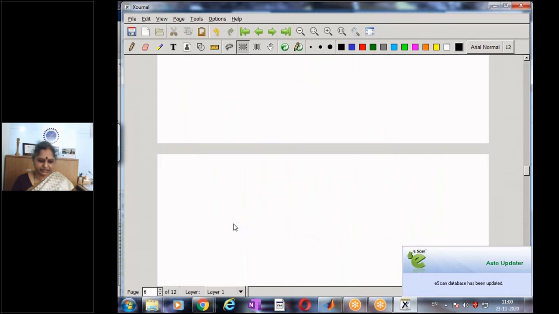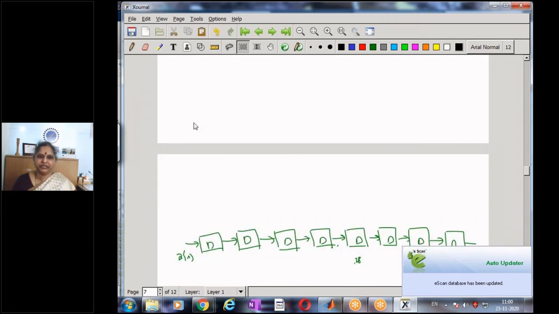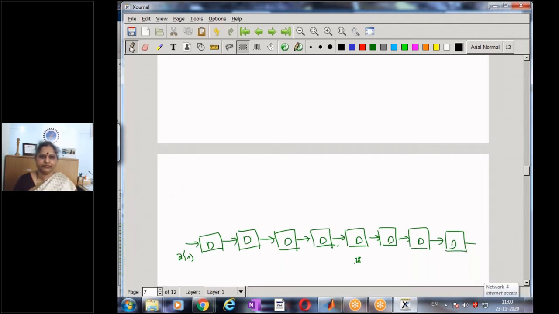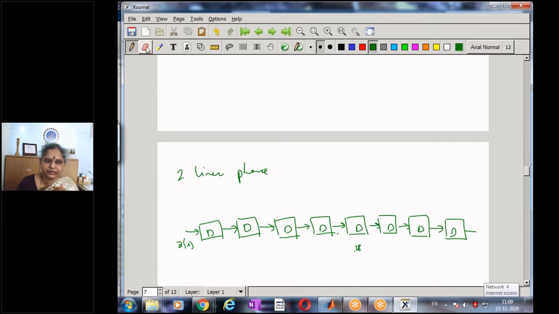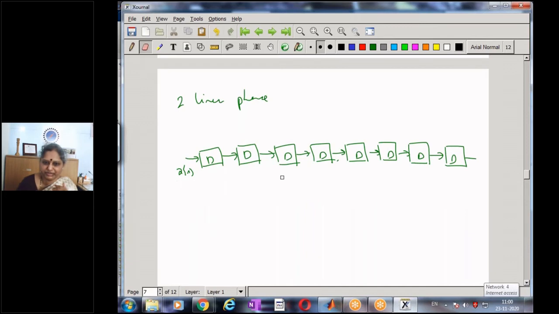Wherein we use a linear phase design. The second method of designing the same filter is by using the linear phase method. So let's look at the second method, which is the linear phase structure, the linear phase implementation of the system. What we do here is exploit the linear phase characteristic of the filter, which has a symmetry in the coefficients, and hence we will reduce the number of multipliers.